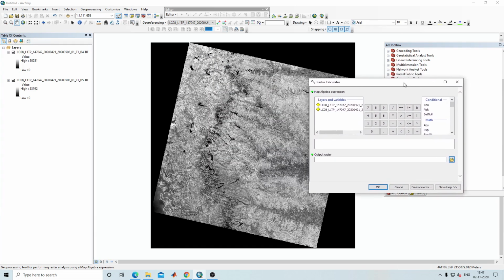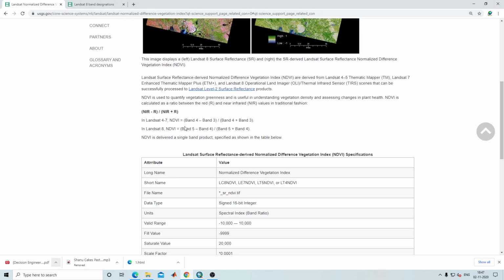After clicking on the tool, we want this in float. This is not in float, so we want this NDVI in float. For that we'll take Float. After taking Float, our formula is band 5 minus band 4 divided by band 5 plus band 4.